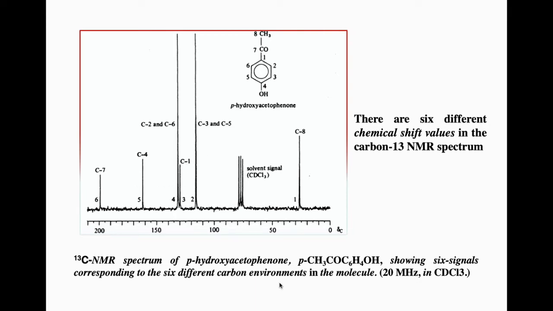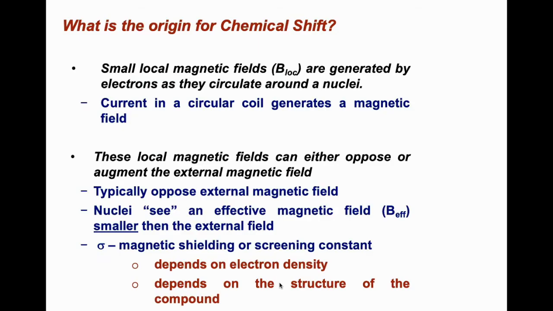Let me summarize what we have discussed till now. When you place a molecule that consists of magnetically active nuclei in an external magnetic field, all the magnetically active nuclei do not precess exactly at the applied magnetic field strength. Instead, they precess at different positions. Now, the difference between the Larmor frequency of the magnetically active nuclei with respect to the applied magnetic field frequency is generally known as the chemical shift, and we shall discuss how this chemical shift actually came into the picture